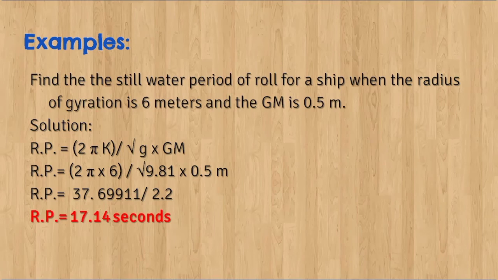So we have 2 pi k divided by the square root of g, small letter g, which is constant, times GM 0.5. So we have 37.69911 divided by 2.2, then that would be the rolling period. Alright, so this is the formula used by the naval architects. We will not use this one, but at least we know